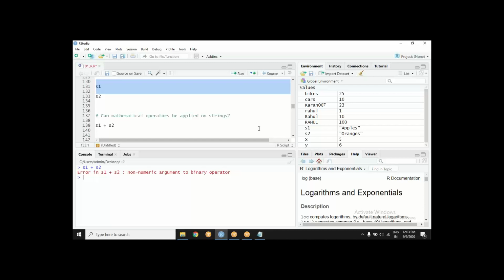You have seen that, no? Cars plus scooters, cars plus bikes, whatever it was. It was giving me a value because it was a number value. So there is a function which tells me which class this variable belongs to, what type of value it contains. That function name is class.